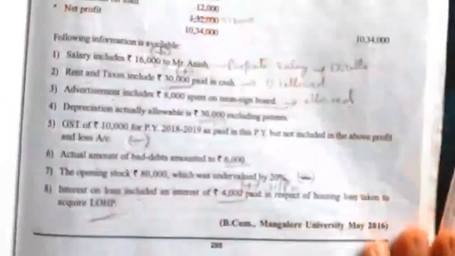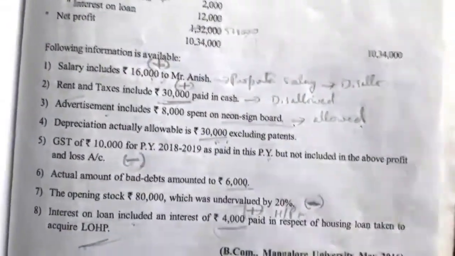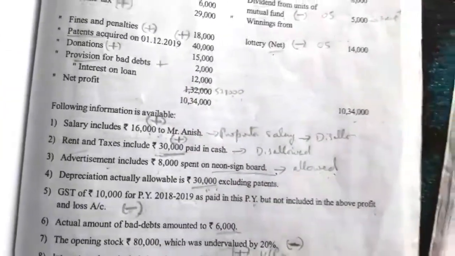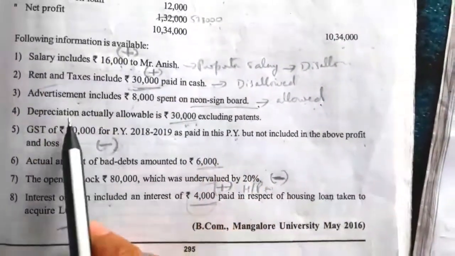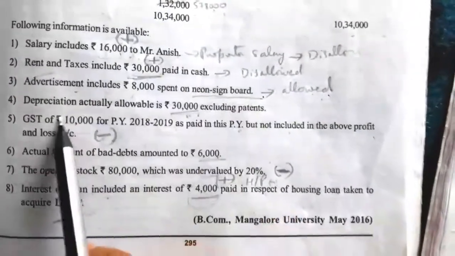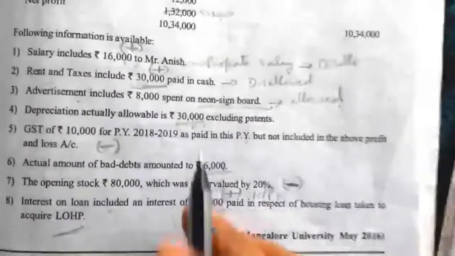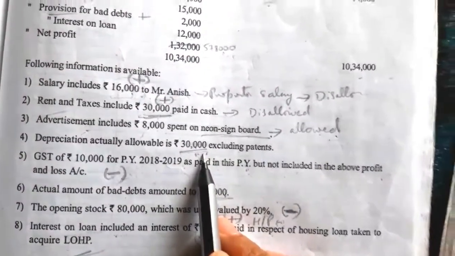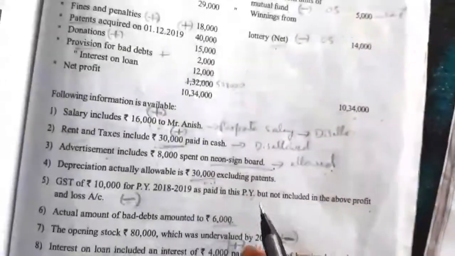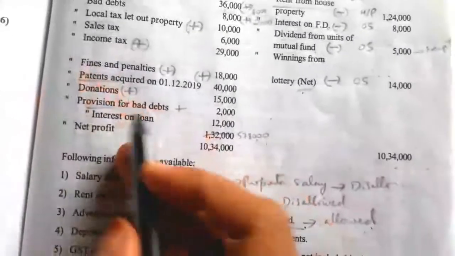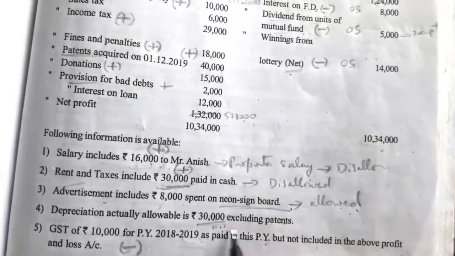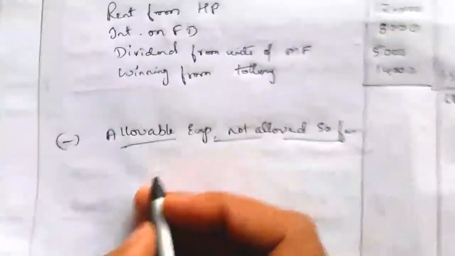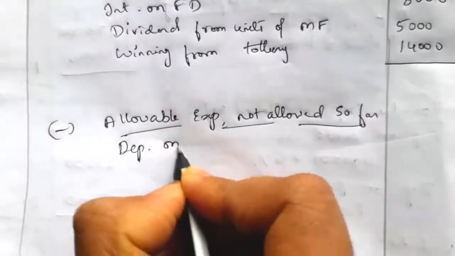To write the allowable expenses not allowed so far, we have to see the additional information, as that will not be recorded here. Allowable expenses not recorded we will find in the additional information. So salary over, rent is included, this is also included. Depreciation allowable is 30,000. So excess depreciation we have done the calculation. There is a depreciation we have to charge on patents, so that is the allowable depreciation they have not recorded. On this depreciation, the patent depreciation is not included. So now we have to calculate the depreciation on patents.